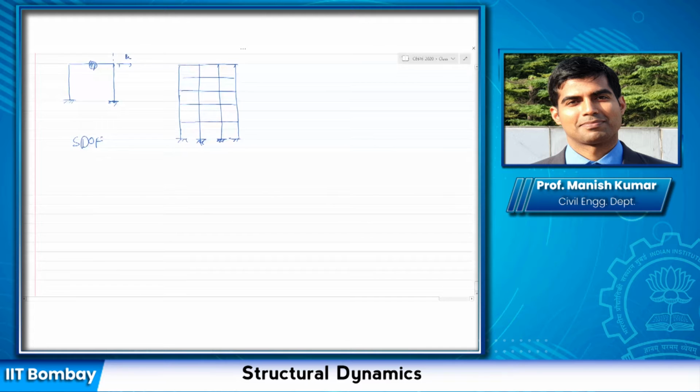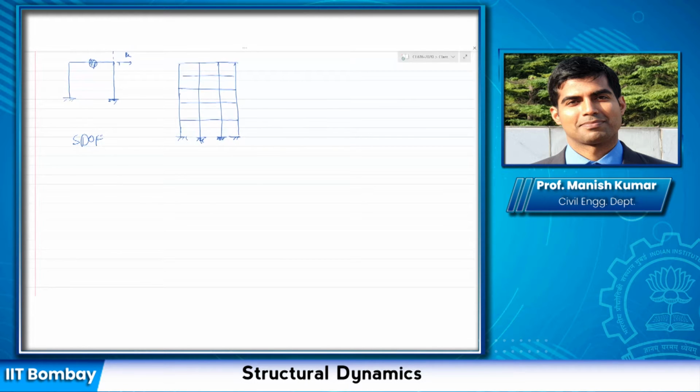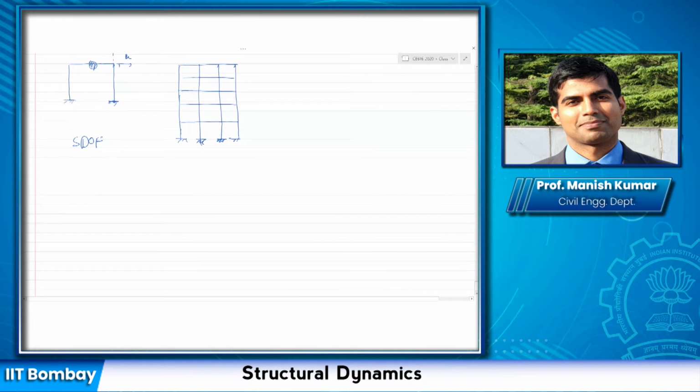Again, I have to assume some deflected shape, because whenever I am reducing a continuous system or a lumped mass system to a single degree of freedom system, I have to represent the deflected shape by a shape function so that I can reduce it to a single degree of freedom system. That is what we do for a multi-story building as well, in which we say it is a shear type building, and I'll describe what a shear type building is. A shear type building is a building in which basically the beams are